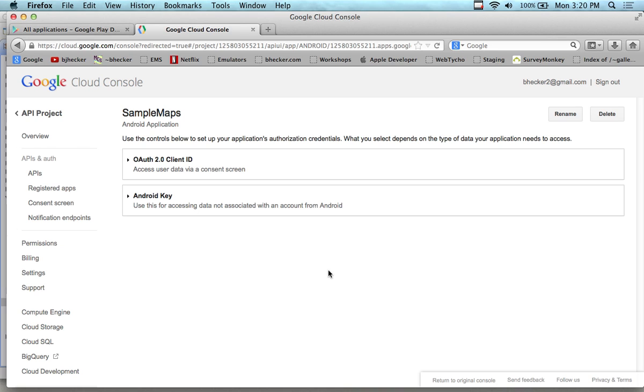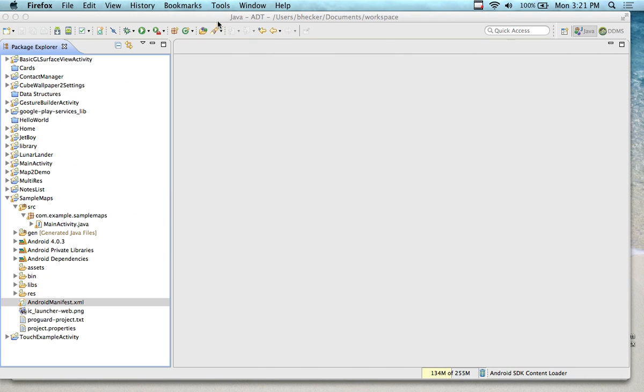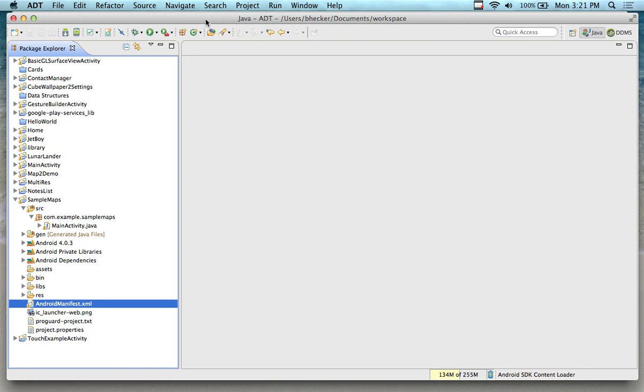But long story short, every single app that you're going to do a map with, you have to do this. This also is the same process that you're going to go through for the cloud services and for other frameworks that are part of Google Play. But Maps is probably the most popular. So once you do that, you don't need to keep map services open at all. So now the trick is how you're going to run it. So we have the XML interface out there. We have to actually create